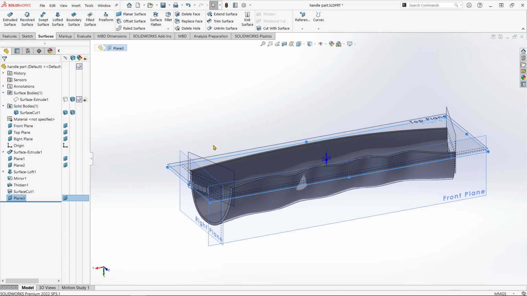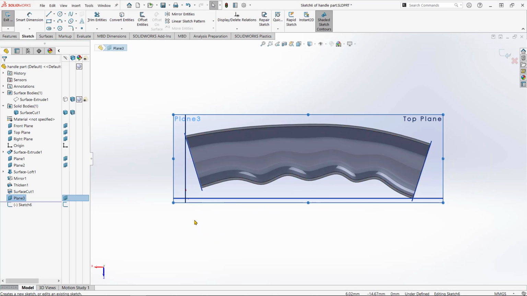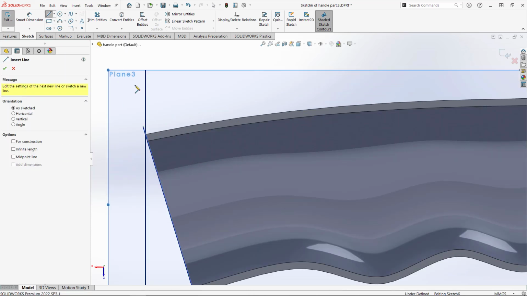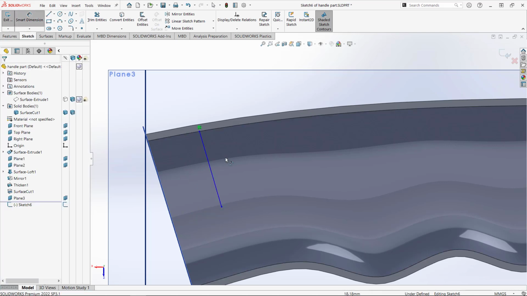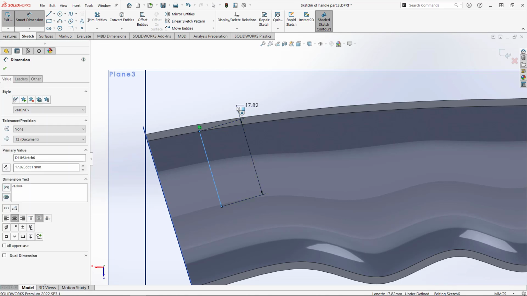So click, and then I can begin my sketch on that plane. So click on the plane, sketch. Now I'm viewing the part from the inside of the moulding. So then I'm going to create a sketch here. So I'm going to sketch from this edge inwards slightly, like that. I'm going to set the length of this line to be 20 millimeters,